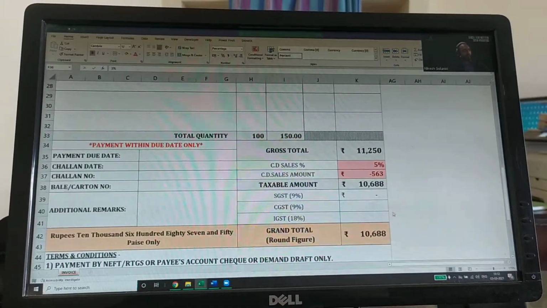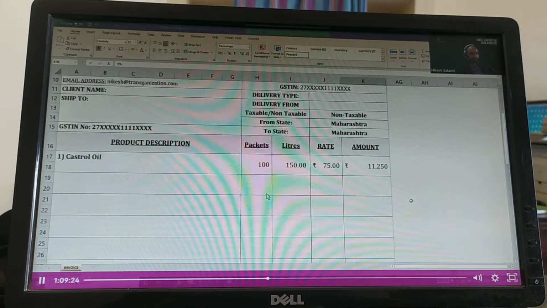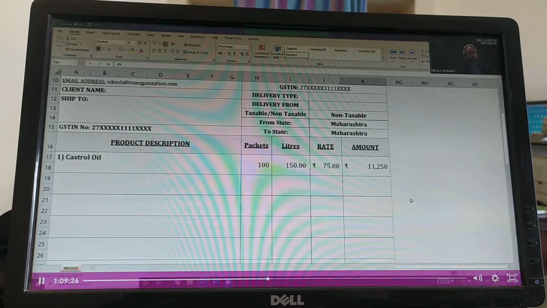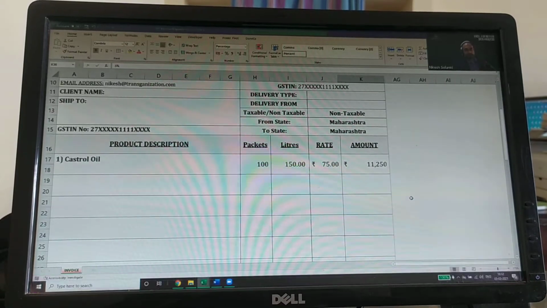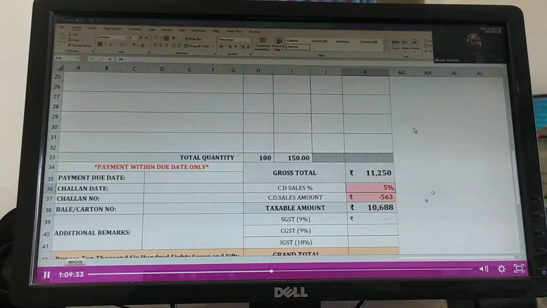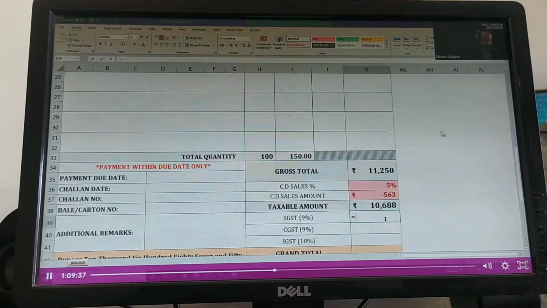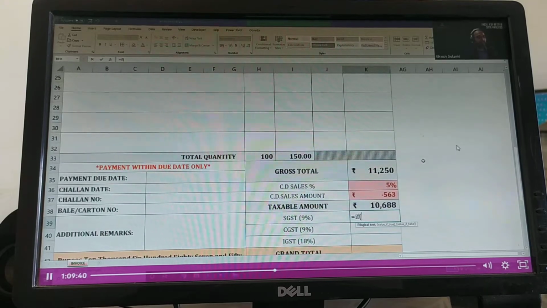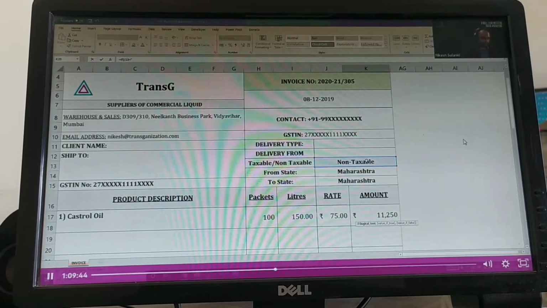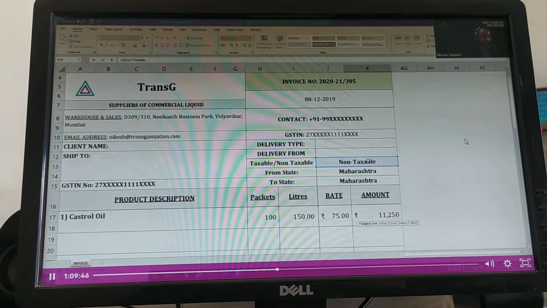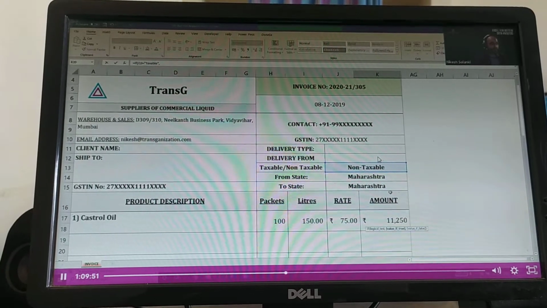So there are two conditions over here. Let's try this again. If this is equal to taxable, we will be using.